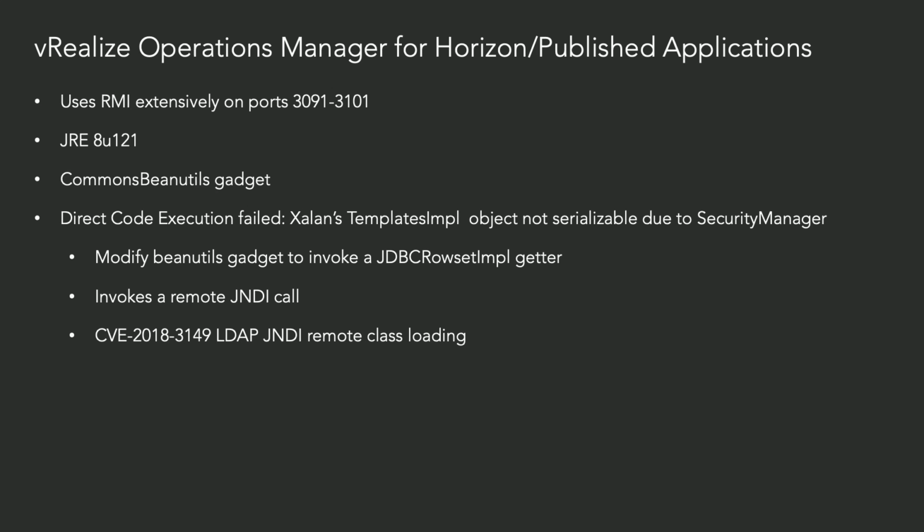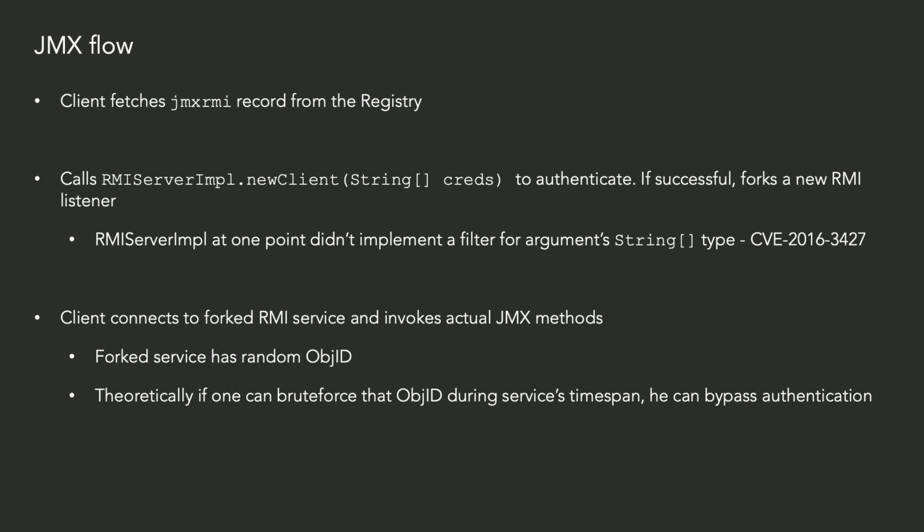So VMware blocked this in the product. So I modified it a little bit to trigger a remote JNDI getter method call, and then use the CVE-2018-3149 LDAP JNDI remote class loading,